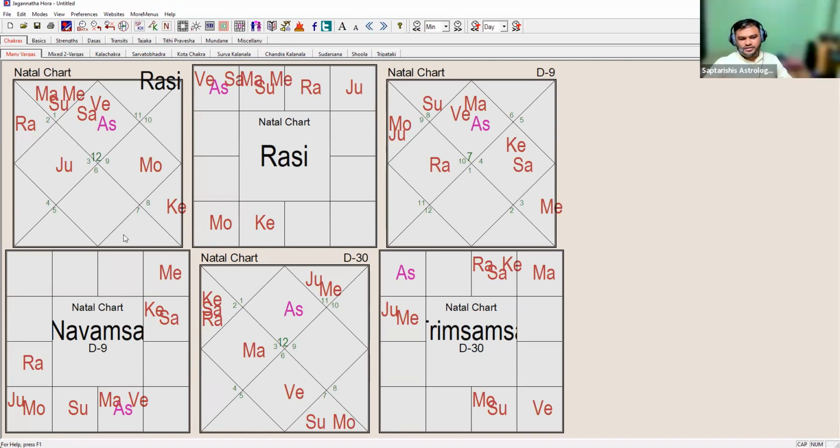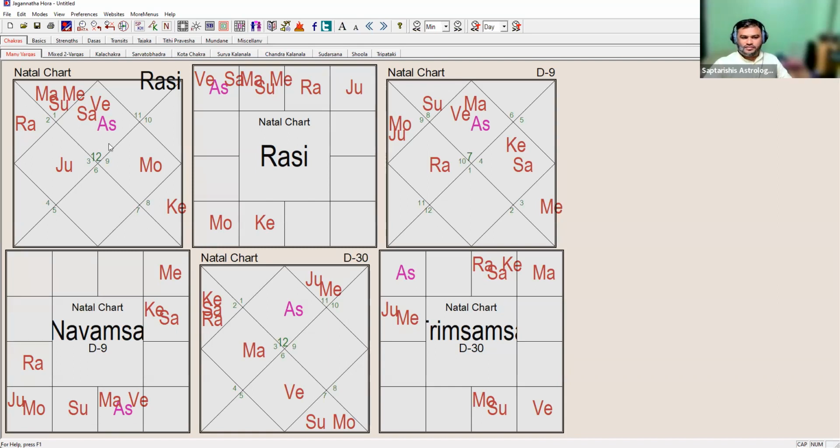Now, the interesting thing is that the 8th house and 3rd house are both houses of longevity. Correct? The 8th house is longevity. The 3rd house is the 8th from the 8th. That's why we say both are longevity. And the 12th from this 3rd house is Maraka. The 12th from the 8th house is also Maraka. This is why we say the 2nd and 7th are Maraka, because the 2nd and 7th are both 12th from the 3rd and 8th.